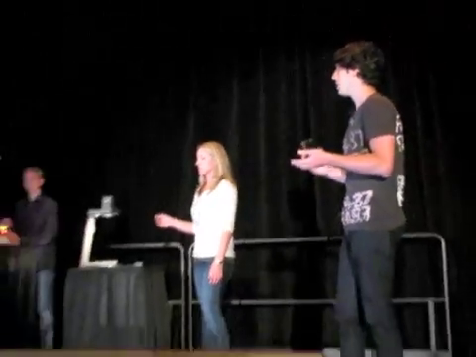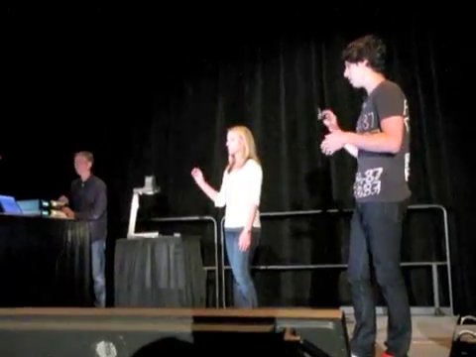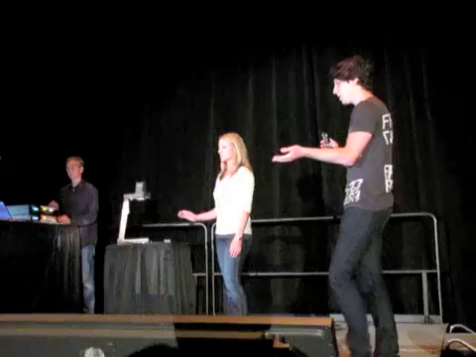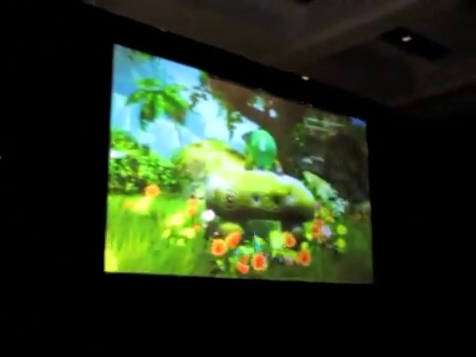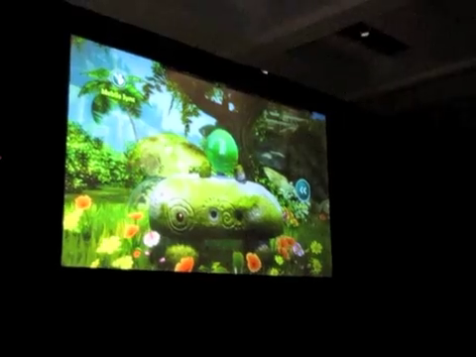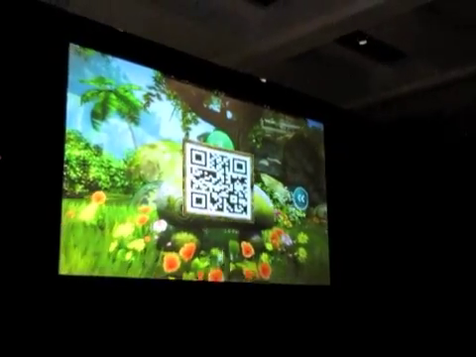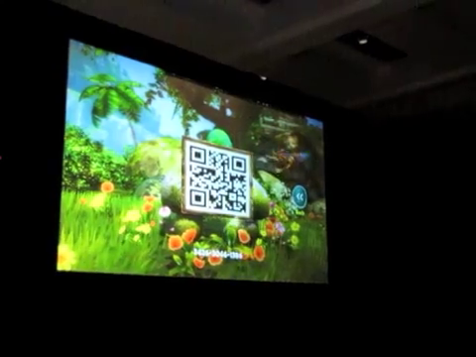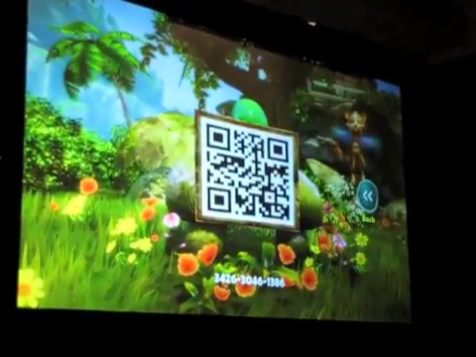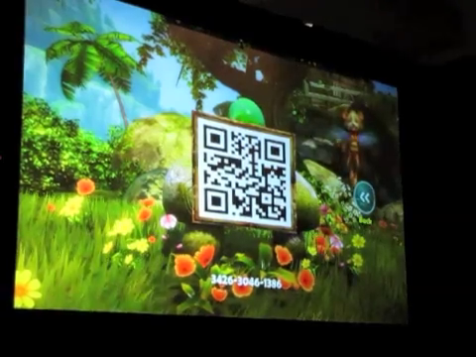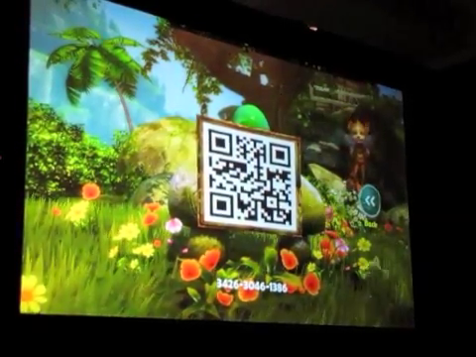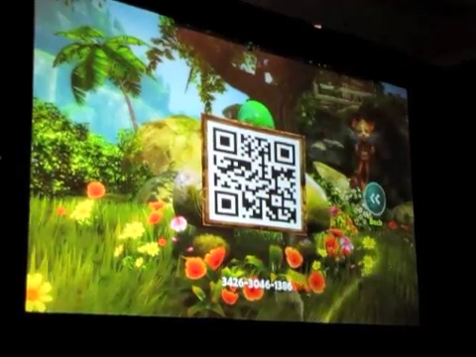Meanwhile, on the 360, we've got to generate some data for the camera to capture. So we're going to head over to the scan stone, and we've added a new feature called Mobile Sync. Once we go to Mobile Sync, our partners at Frontier found a really great open source solution for us called QR tags. You can see it's really big, really kid-friendly, and down below we've got a text string, so you can enter it manually if you prefer. All I'm going to do is take a photo,